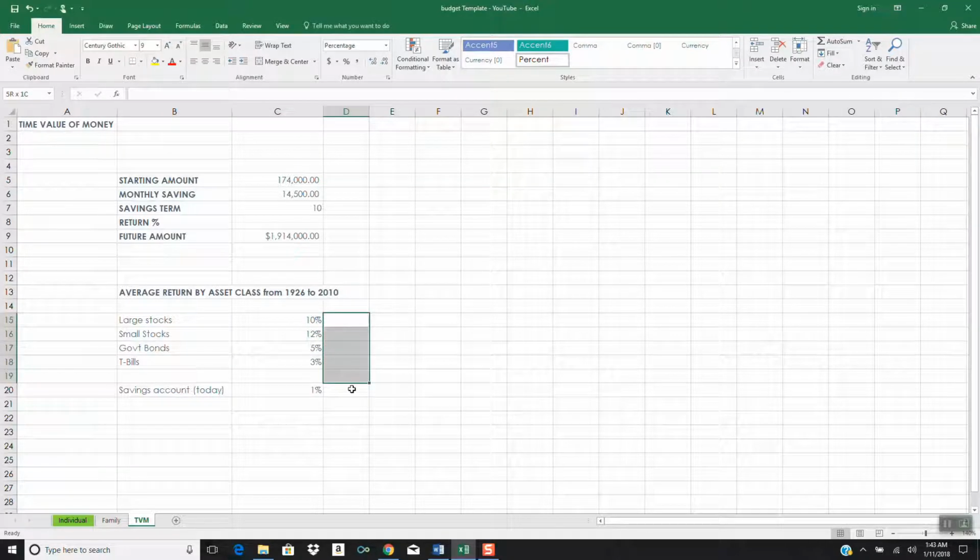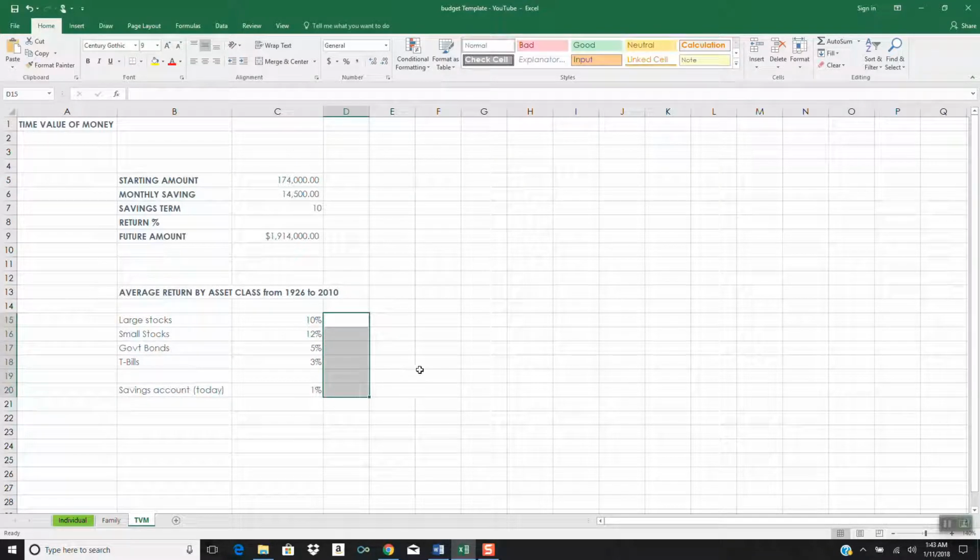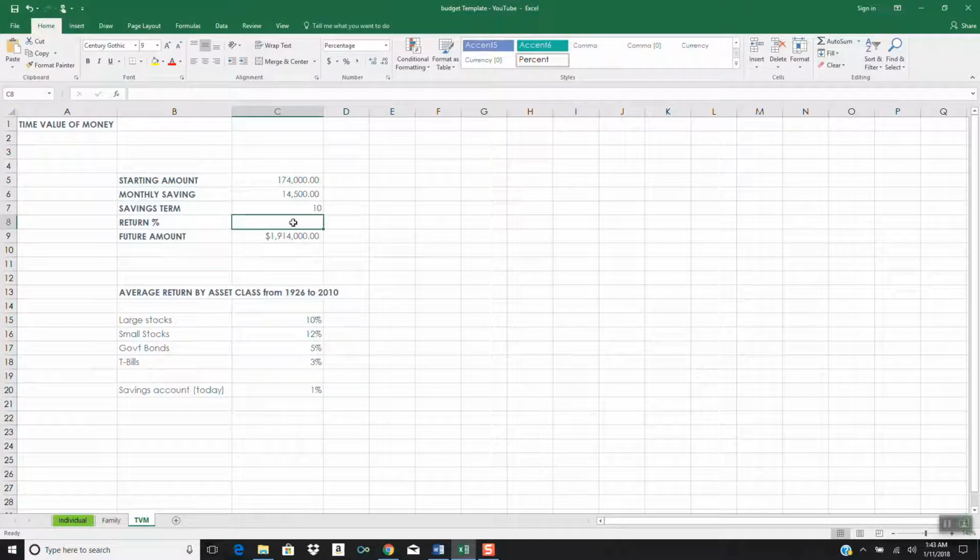So what you see is, with the different types of asset classes, the different types of things that you can invest in, you can expect to make a different return. Now, I said all of that just to say this: we have to pick a number to go in here to pretty much be a best guess of what we're going to make on what we invest in.